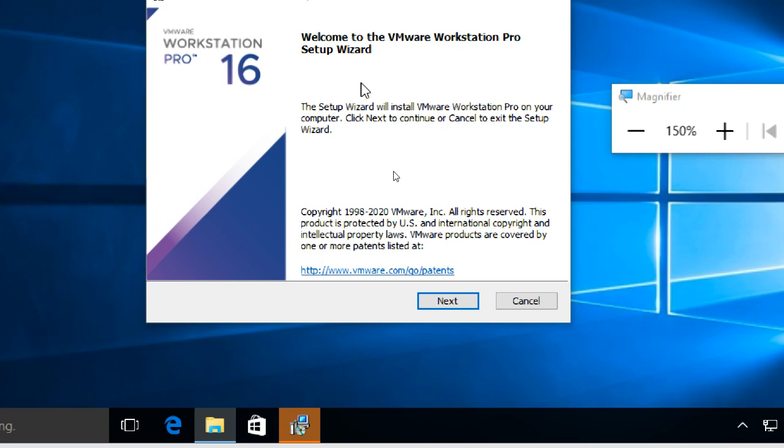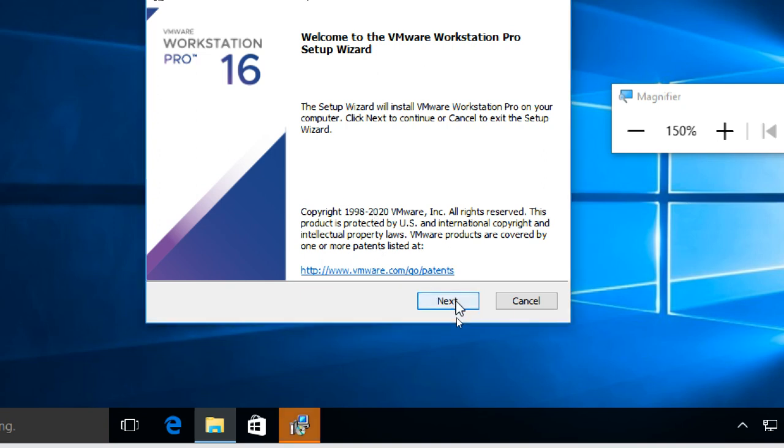When you are installing something, just read everything. Welcome to VMware Pro Setup Wizard, this setup and licenses and everything. The corner side pictures, copyrights. Read it. You will get a lot of knowledge from it. That is a very powerful thing.